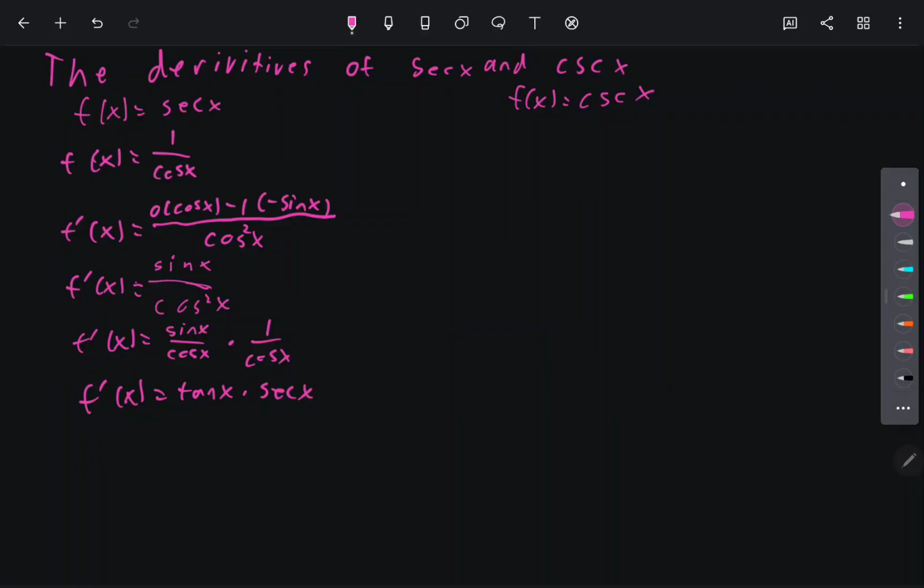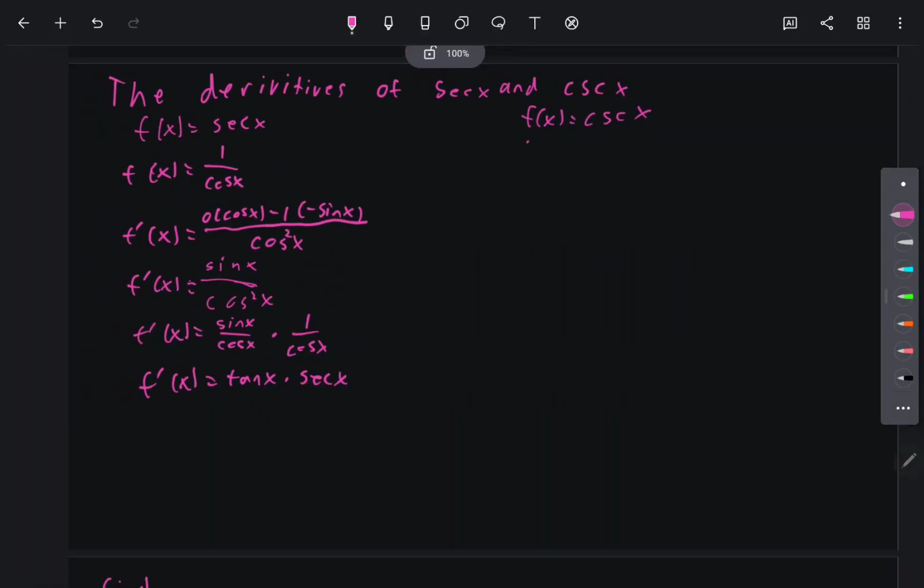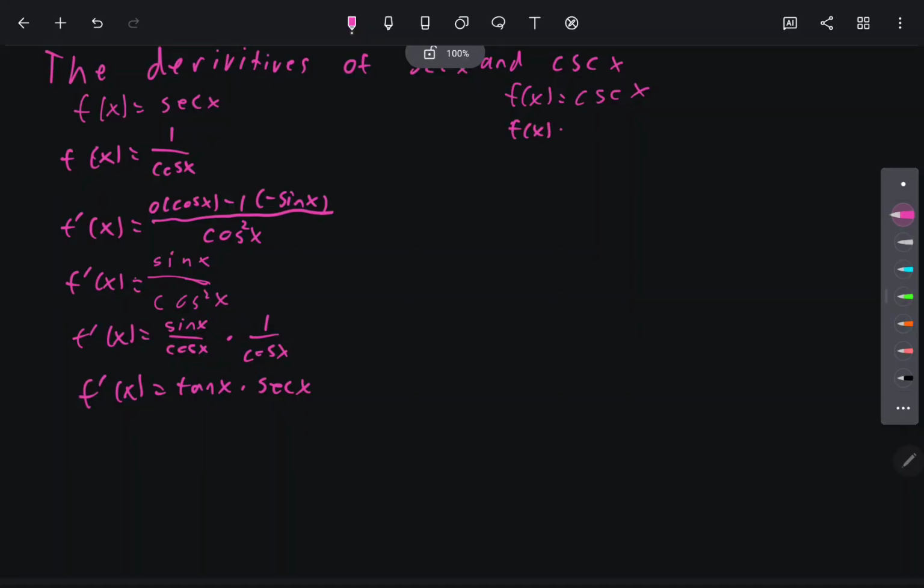For the next one, once again, we start out by calling this what it is, which is f of x is going to be 1 over sine of x. Once again, we're going to use the quotient rule. If you don't know the quotient rule, go back and watch my last video. I also proved the quotient rule, which I find really cool. So f prime of x, then, the derivative of the top, 0 times the bottom, sine of x, minus the top, which is 1, times the derivative of the bottom, which is cosine of x, all over sine of x